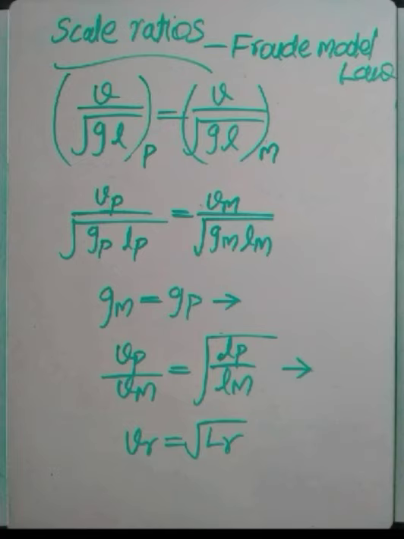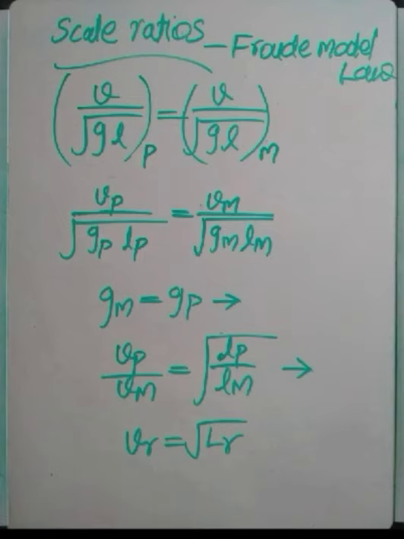Here we know that gm is equal to gp because acceleration due to gravity is constant for both model and prototype. So we can write it as Vm divided by root Lm should be equal to Vp divided by root Lp. And on rearranging we will get Vm divided by Vp is equal to 1 divided by square root of Lm by Lp. But here we know that Lp divided by Lm is equal to Lr, that you have seen during